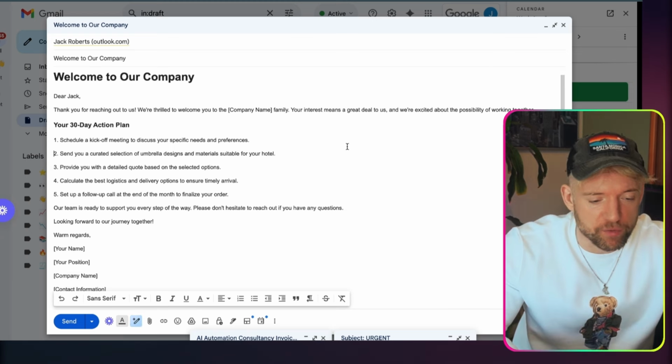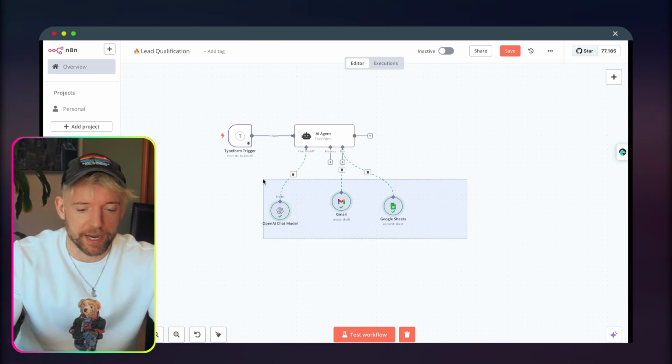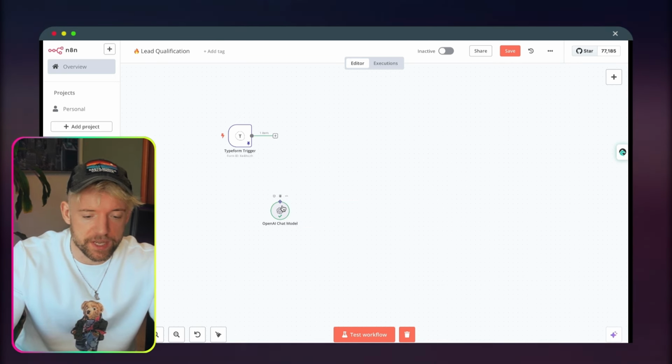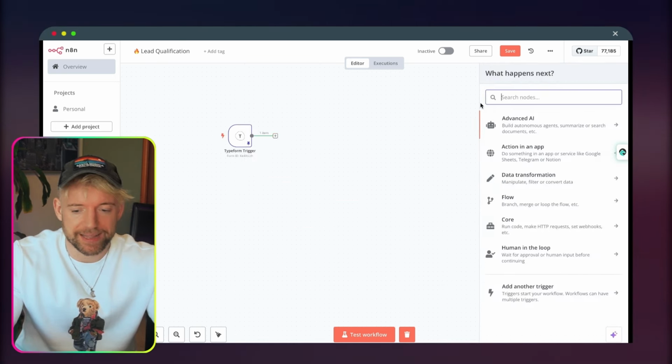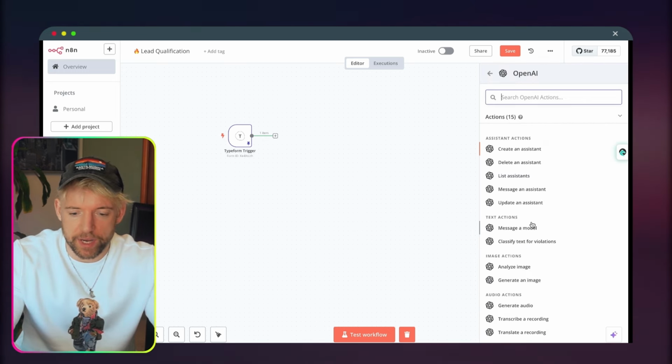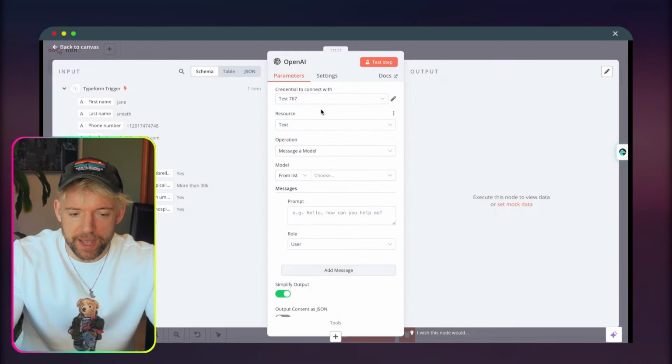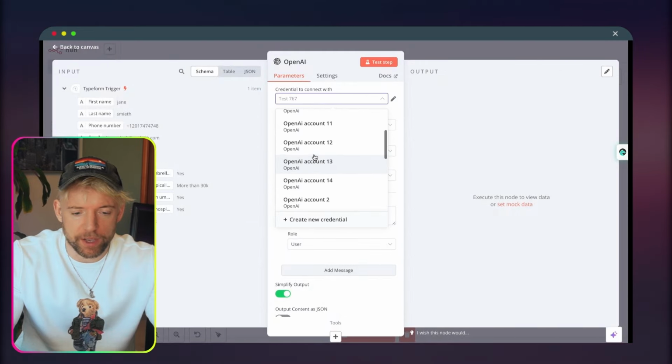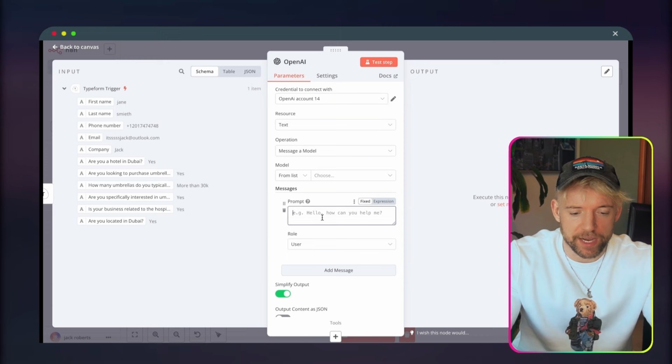Now, if I wanted to take this one step further and really get a cool lead magnet, what I could do is delete all of these guys, like so, come down here, add this guy, go for AI, advanced AI. Let's go for OpenAI real quick. Let's go for message and model, and then give it the right credential. And then what I could basically say is, look, hey, based on these responses